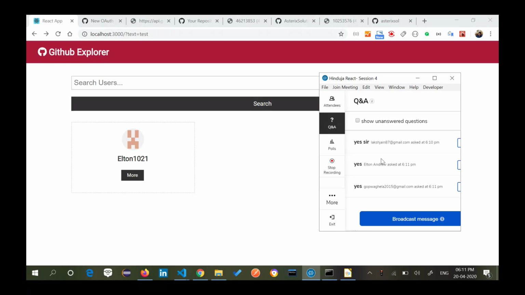So is everyone clear how to implement the search bar? Now there is a requirement for one more button here, that is your clear button. If on this page I don't want to search anything but just want to clear out the data, I need to have a clear button.